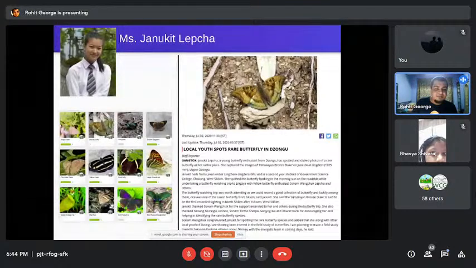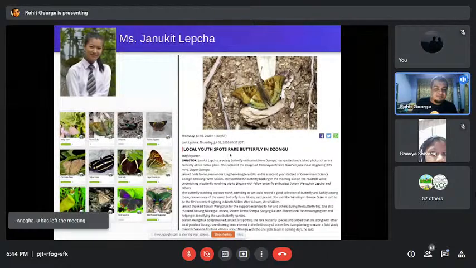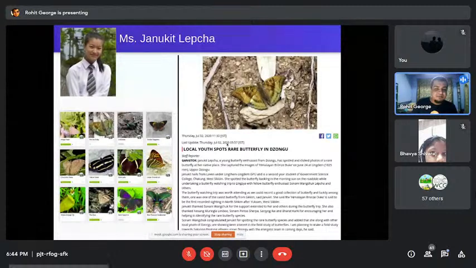Later, it was found that one of the species she found was a very rare species, which the experts had been looking for a long time. This was in 2020. I think she was in 11th standard then, and she was able to find and record this very rare butterfly species. So again, citizen science allows everybody to participate and make a contribution.